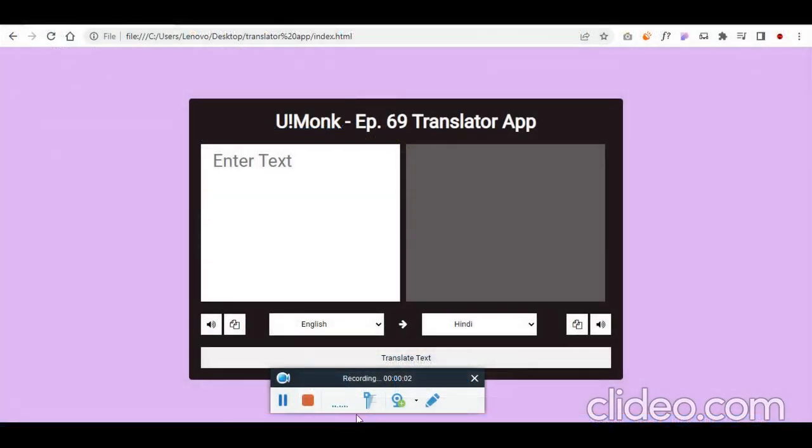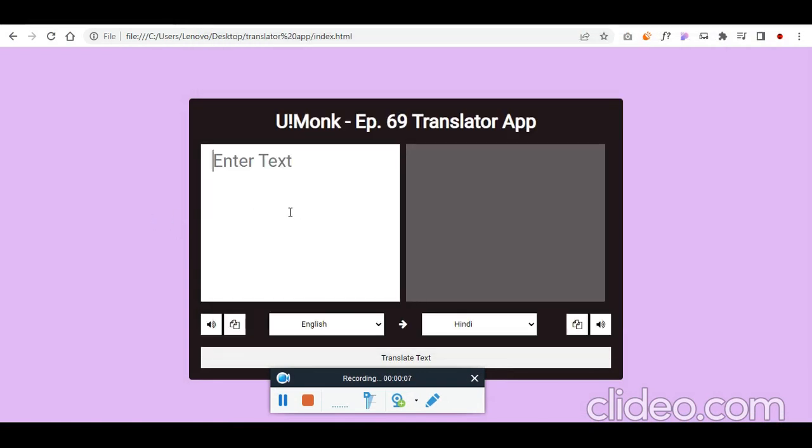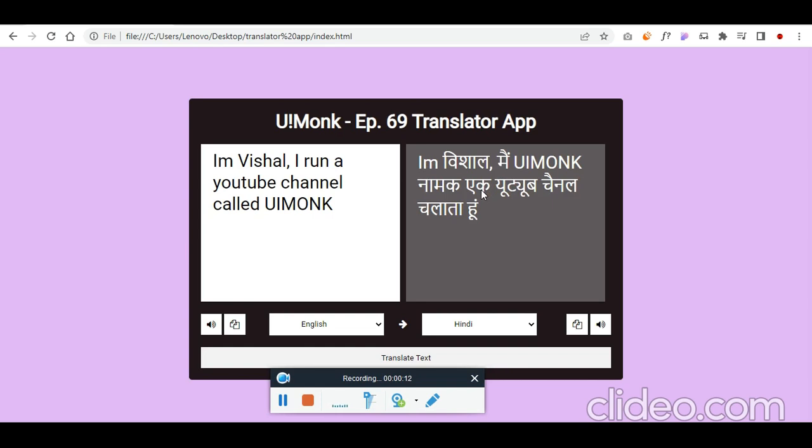In this section we are going to see how to translate a text. Let me show you. Let me translate this text. Click on translate text, and it is saying that